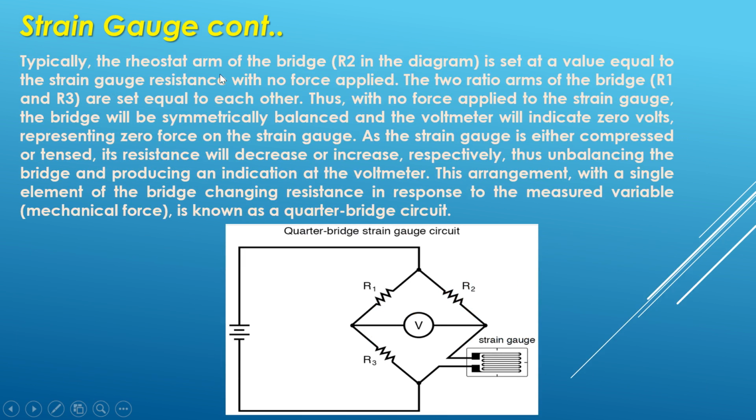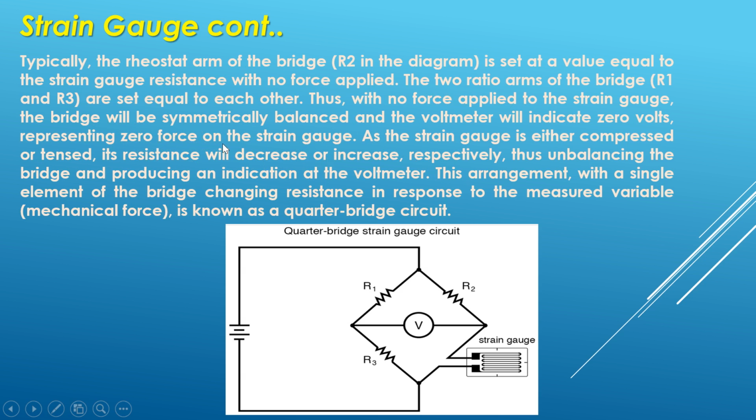So the next example is a typical rheostat arm of the bridge, R2 in the diagram. Here R2 is set to a value equal to the strain gauge resistance with no force applied. The two ratio arms of the bridge, R1 and R3, are set equal to each other. Thus, with no force applied to the strain gauge, the bridge will be symmetrically balanced and the wattmeter will indicate